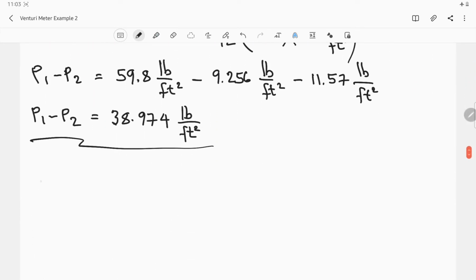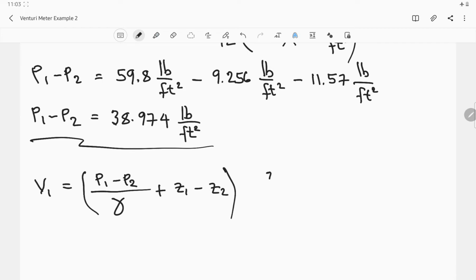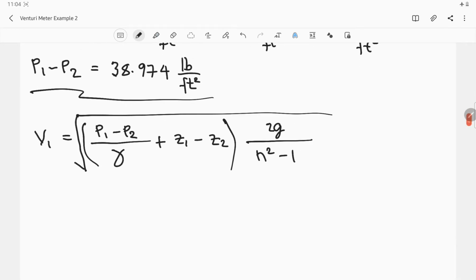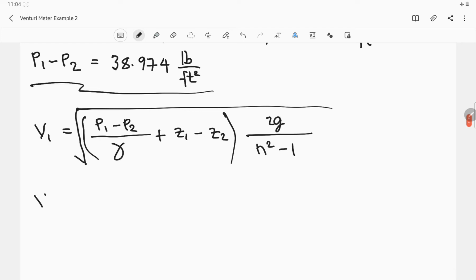The equation is V1 equals the square root of the entire term: P1 minus P2 over gamma, plus Z1 minus Z2, multiplied by 2g, over n squared minus 1. So, solving for V1,